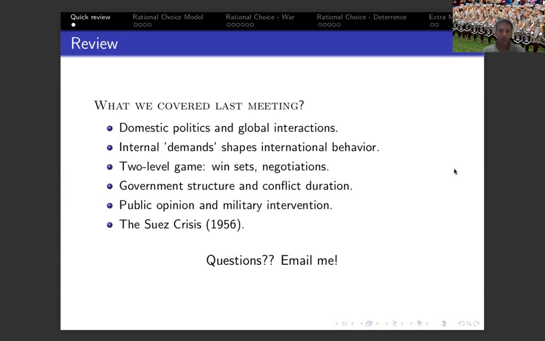Left-wing governments was another finding that he had. Left-wing governments are also more likely to end conflict earlier because they are viewed as less competent in addressing those kinds of issues. So again, those are different elements of the structure and types of government, and how they affect the international outcome, in this case, conflict duration. Then I talked about the effect of another domestic factor, in this case, public opinion, and also, again, domestic government structure, using the Orwell paper to show how that affects the decision to use force to intervene militarily.